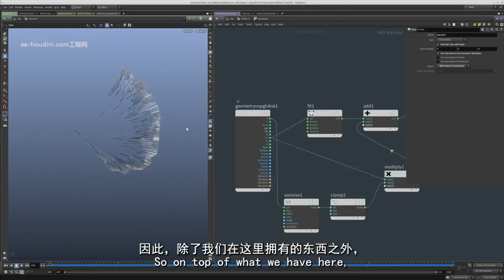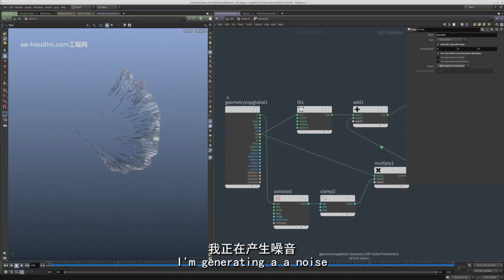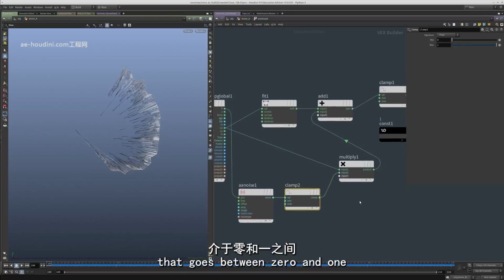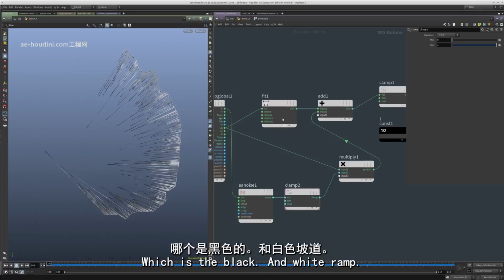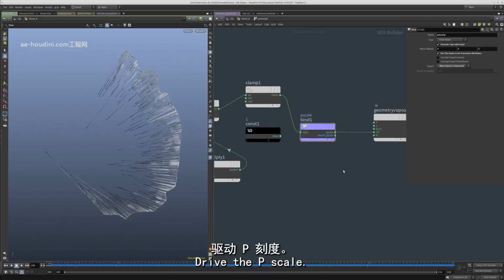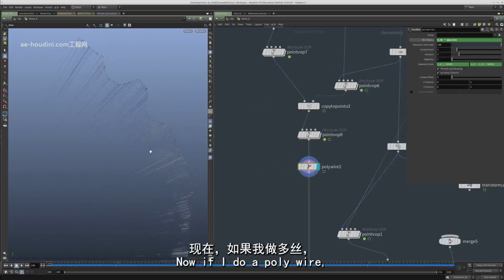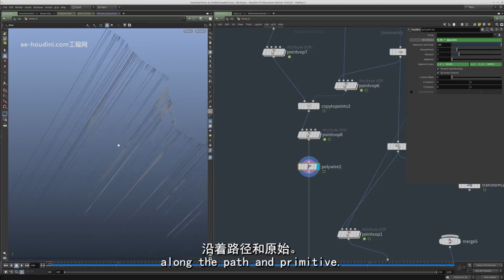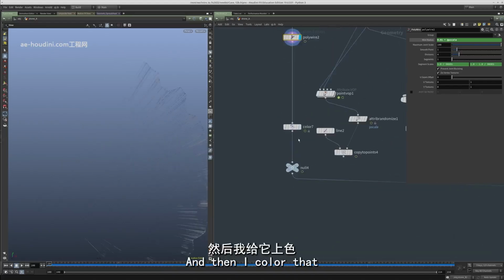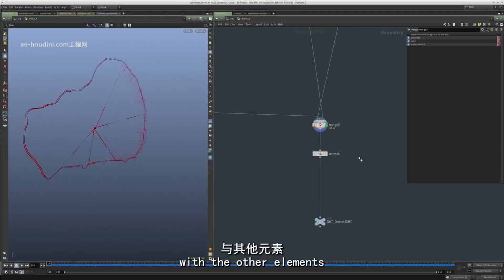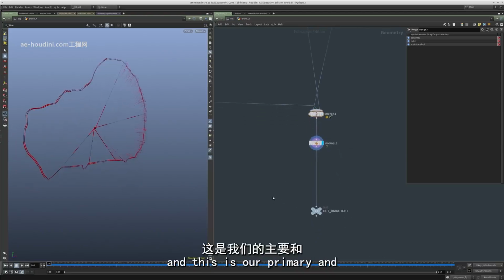So on top of what we have here, I'm generating a noise that goes between 0 and 1 and using that to multiply my current color, which is the black and white ramp. And then using that to drive the pscale. Now if I do a polywire, we will get them to be thin, but also randomized along the path and per primitive. And then I color that, connect that, merge that with the other elements. And this is our primary